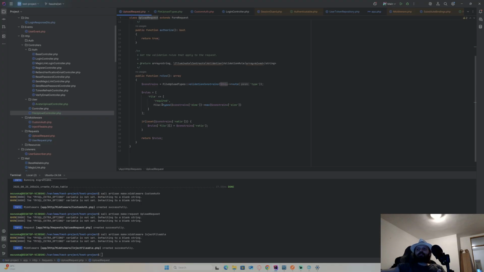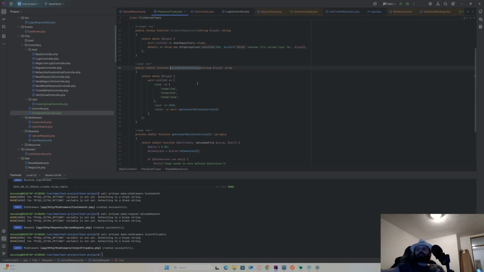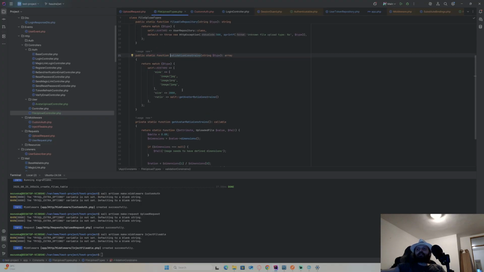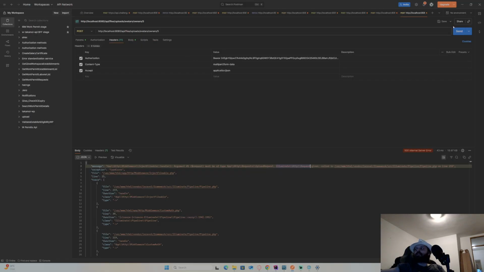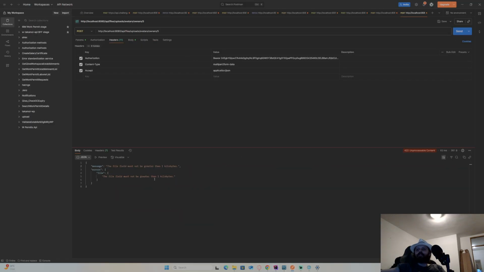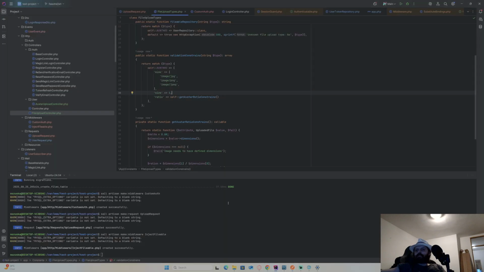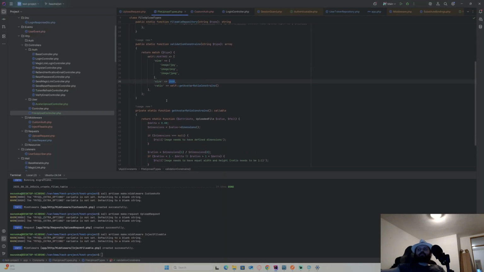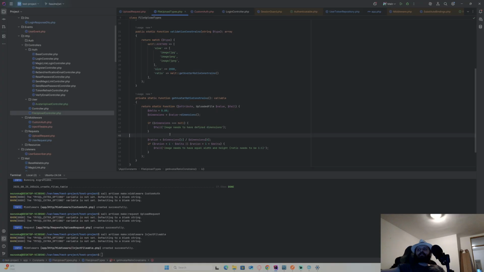Let me just check something here. What are the constraints? MIME types that are allowed. Let me just remove everything here. No, I just put max size 1 because it's definitely larger than 1. I'll just confirm that this actually works. It does. Okay, so it works. It needs to be larger than 1 kilobyte. I mean, everything else probably works then too, because I have this and I injected it.